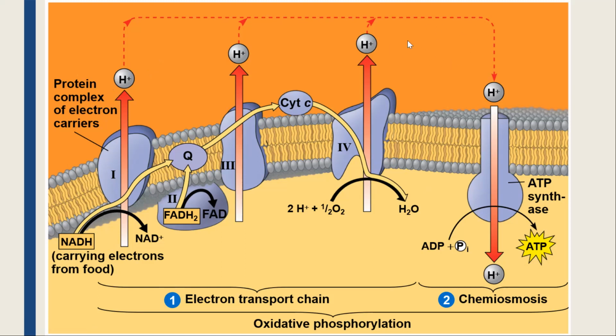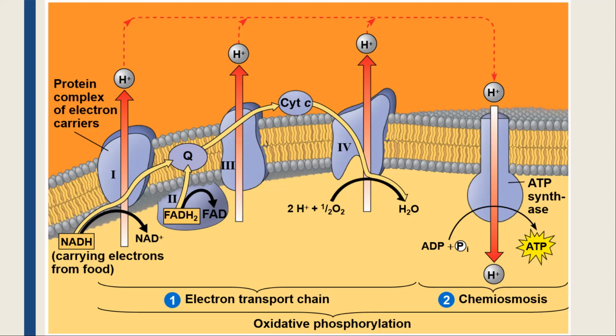And so you've got a high hydrogen ion concentration in there, and they want to flow from high concentration to low concentration. The only way they can get back into the matrix is if they go through the ATP synthase enzyme. And in that process, like a hydraulic dam, it is generating a whole bunch of ATP. That's called chemosmosis, because you are using the diffusion of those hydrogen ions through that protein, that enzyme, to generate the ATP